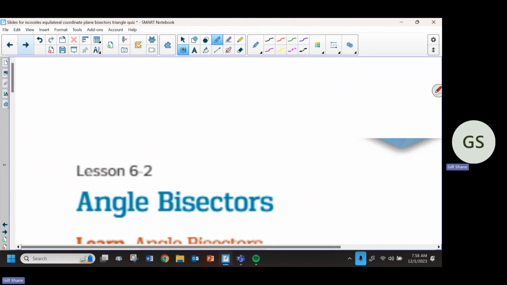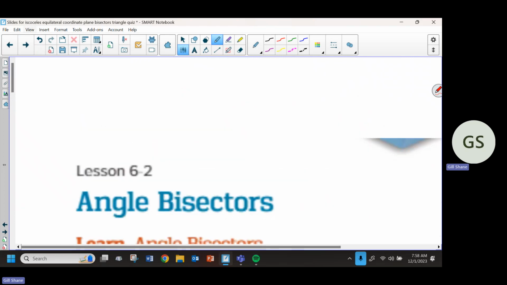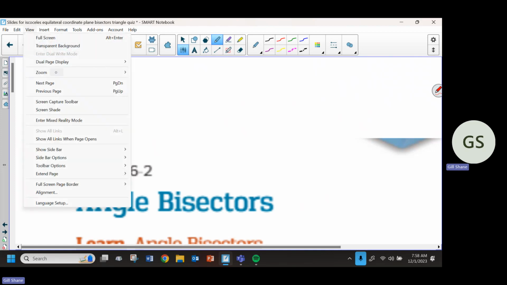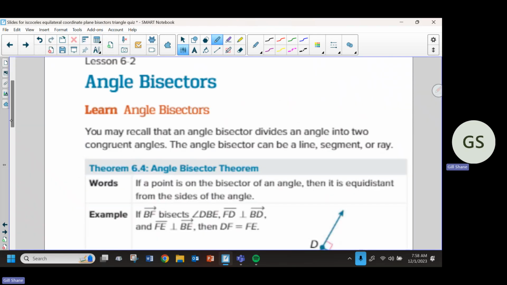Now we're going to do angle bisectors, but it's really the same exact thing. Let me zoom out though. One more time. Oh, there. That should be good, I think. Okay. So if we have an angle,